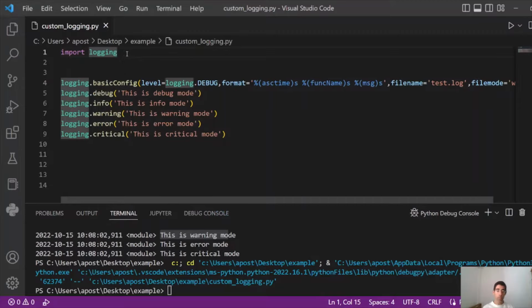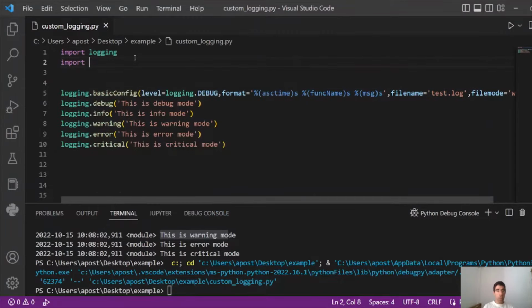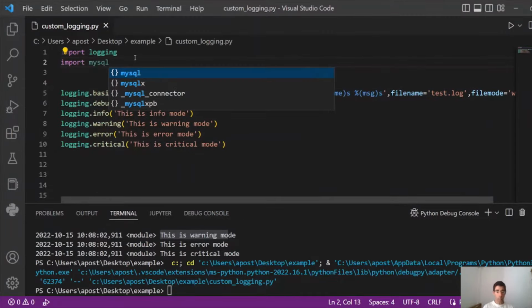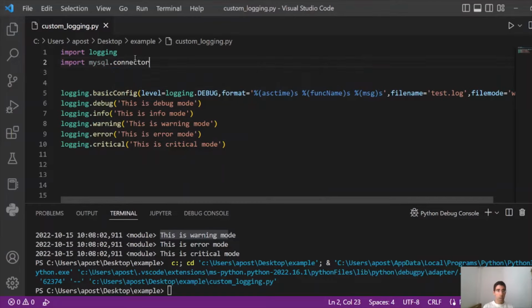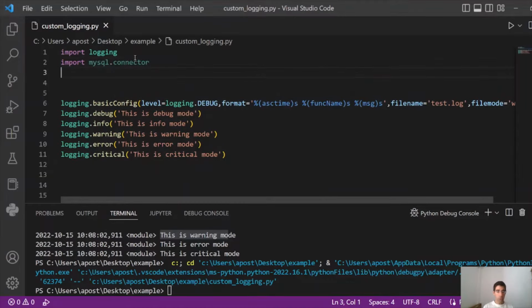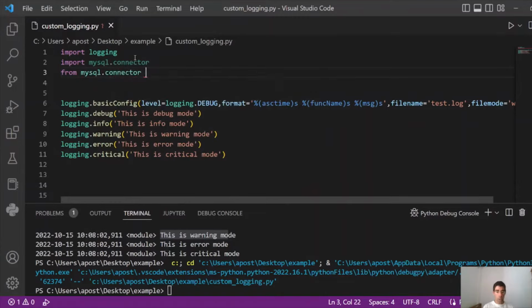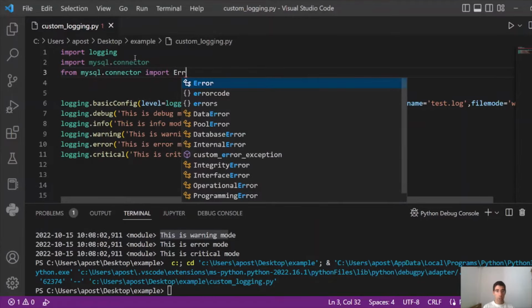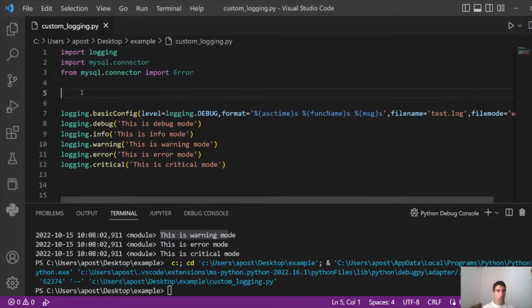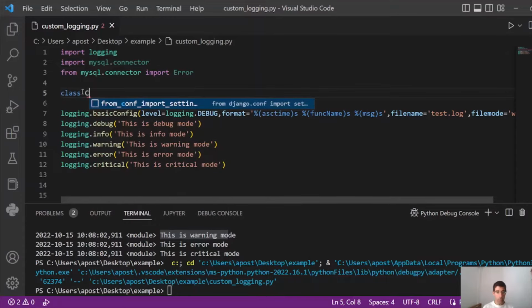How can we do that? Let's import the MySQL library here. Import mysql.connector, and also from mysql.connector import Error. And now we are going to create a class in order to connect to the database and define our own functions within this class. Let's call it